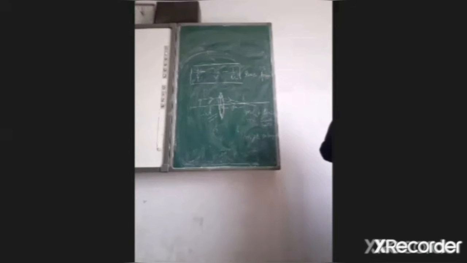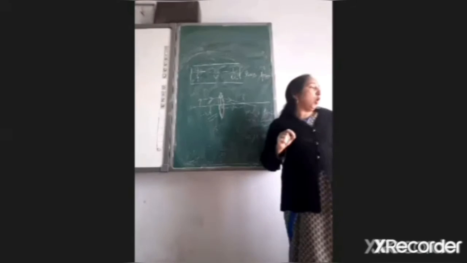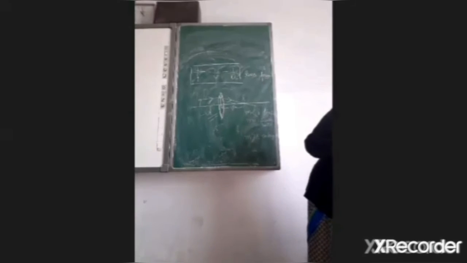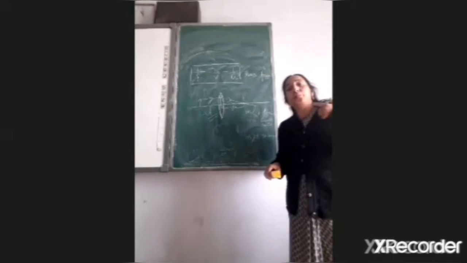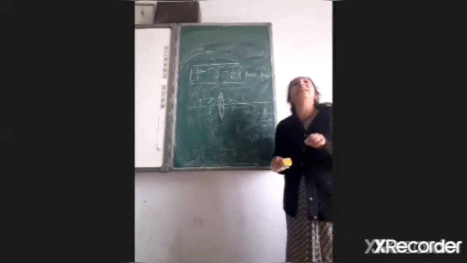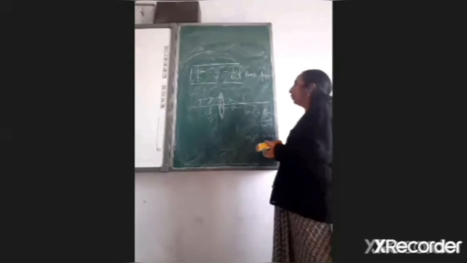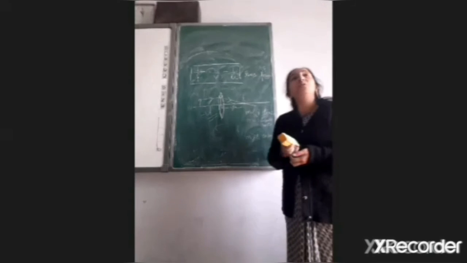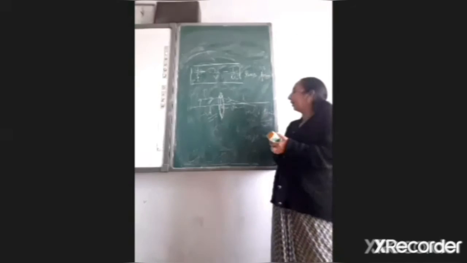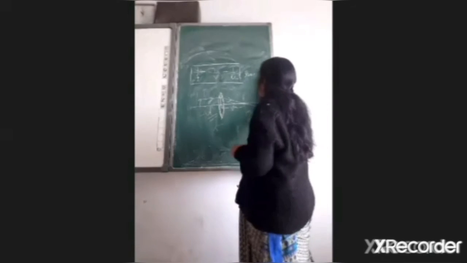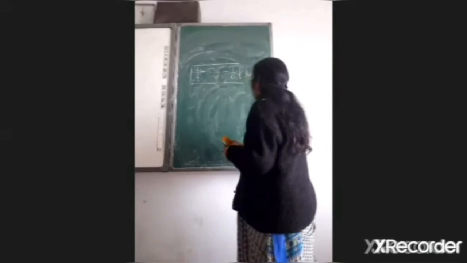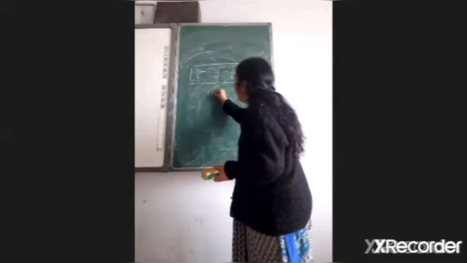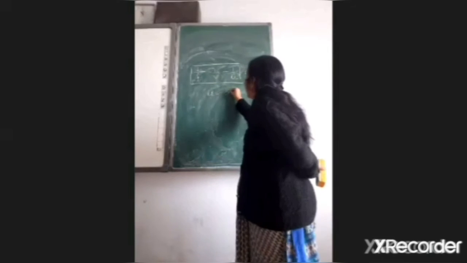So I have a question here. An object is placed at a distance of 50 centimeter from the concave lens. So the object is placed at a distance of 50 centimeter. So that means which thing is given to us? We have u. Object is placed, that means u is given to us. What is u? u is equal to 50. Always we will take u as negative. So minus 50 centimeter u.